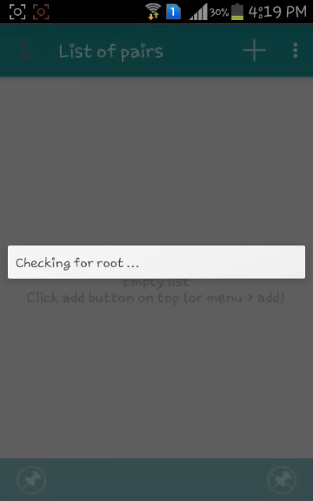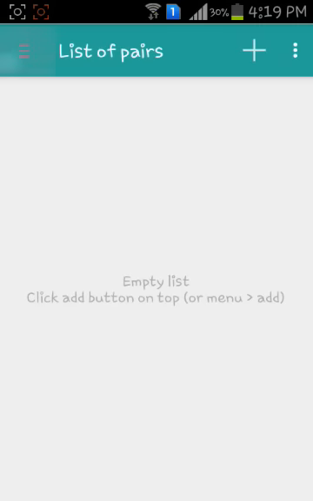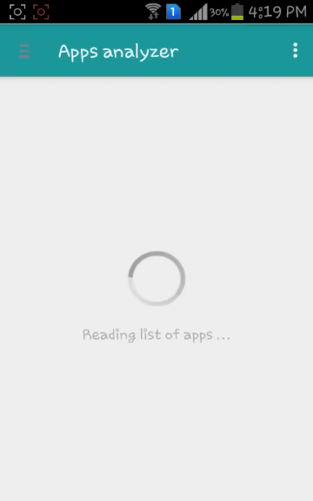Once you open Folder Mount, you need root access, and then go to Apps Analyzer.